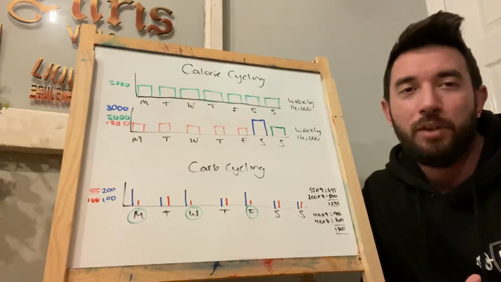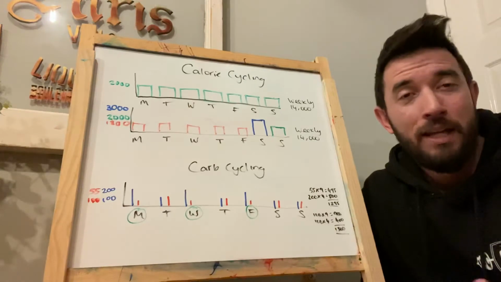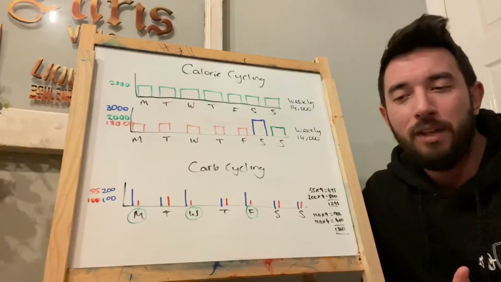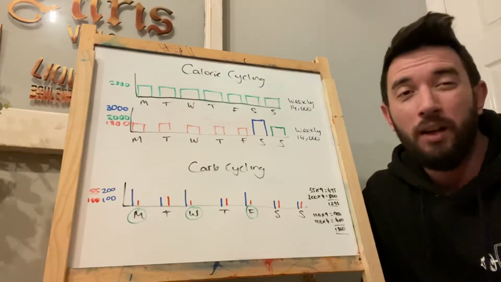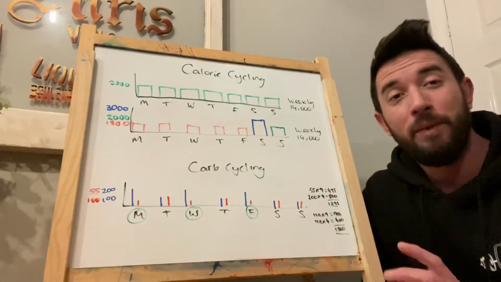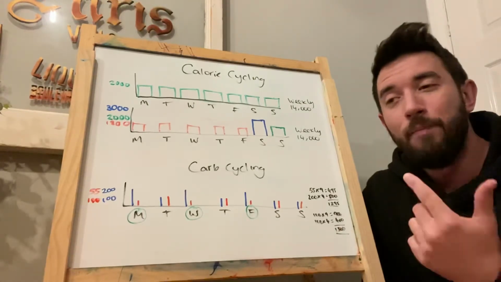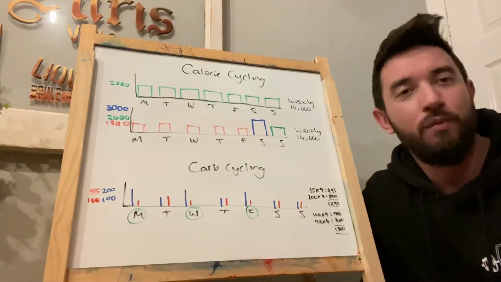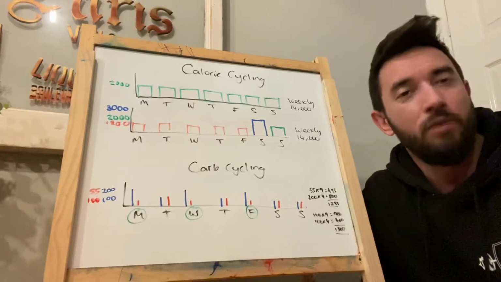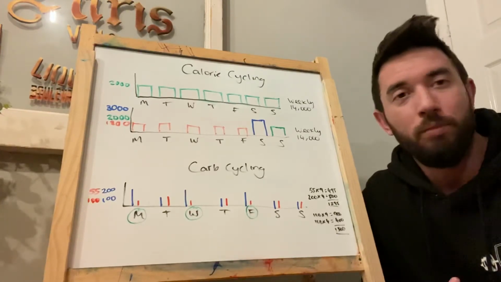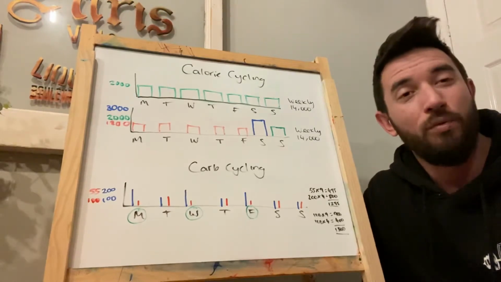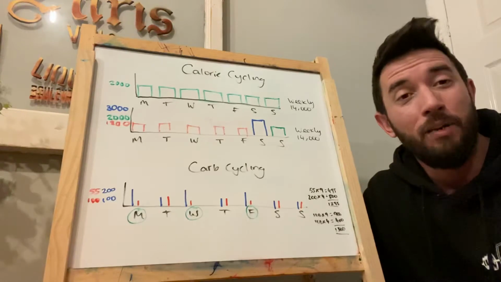Now, if you were to actually plan ahead a bit and work out what needs to be done to still achieve it, I always say this to any of my clients: if we can have one clear week at least, or even two would be ideal, then we know that what we've worked out from the calculations in the previous videos is correct. If you've hit the numbers, done the workouts that you said you could do as a bare minimum, and you get the results, the data says so, be it weight drop, you look leaner, measurements drop, etc., then we know what we've worked out is correct. Once you know it's correct, then you can play around with it.